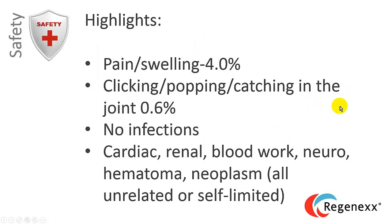So highlights: pain and swelling about 4%, clicking, popping, catching of the joint 0.6%, no infections. Cardiac, renal, blood work, neurohematoma, neoplasm, all unrelated or self-limited. So those are the highlights, and you can get more information by downloading that